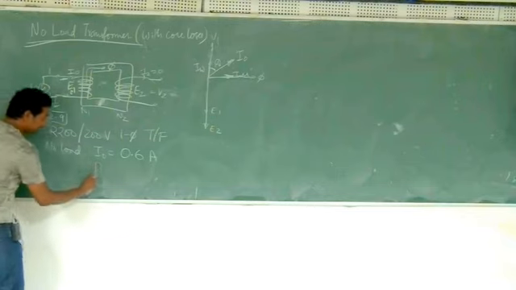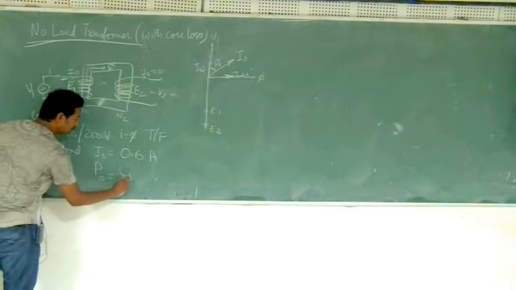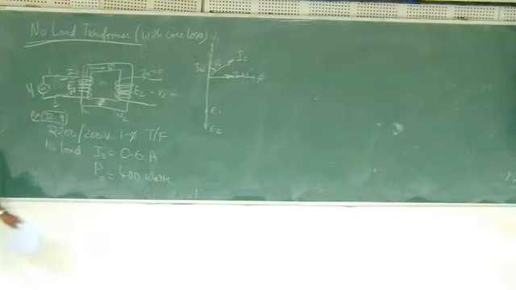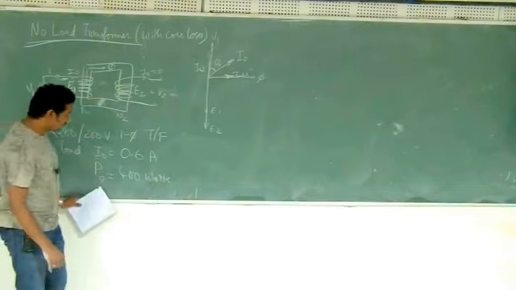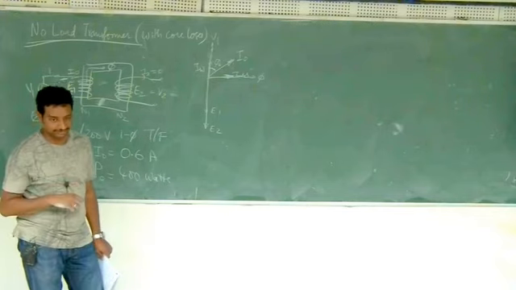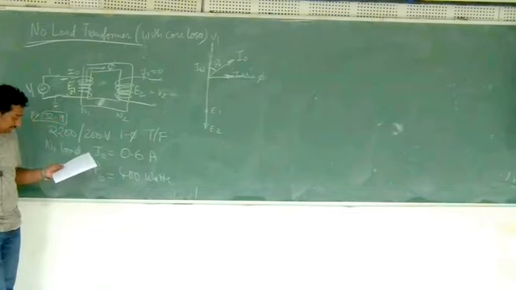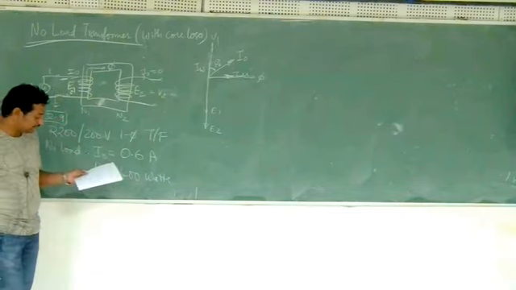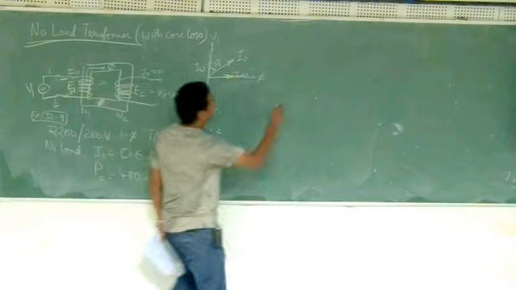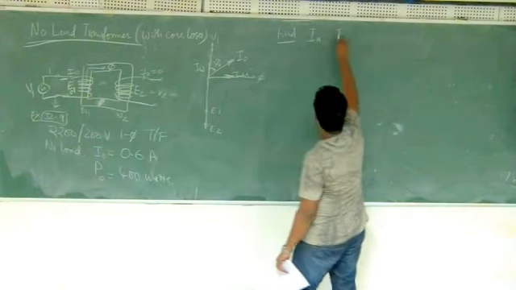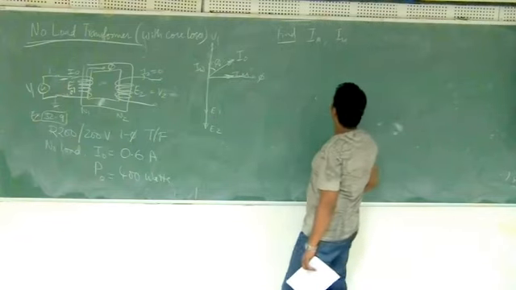So they measure the current, and it absorbs 400 watts of power. So P0 is 400 watts. This much power it is consuming. How do you know how much power it is consuming? You connect a wattmeter, which measures the active power it is consuming. Find the magnetizing and iron loss currents, that is, I mu and then IW.